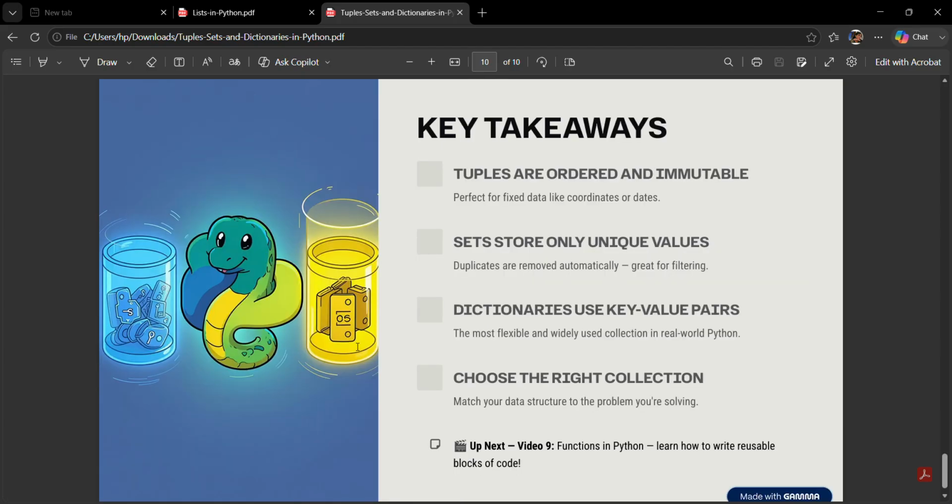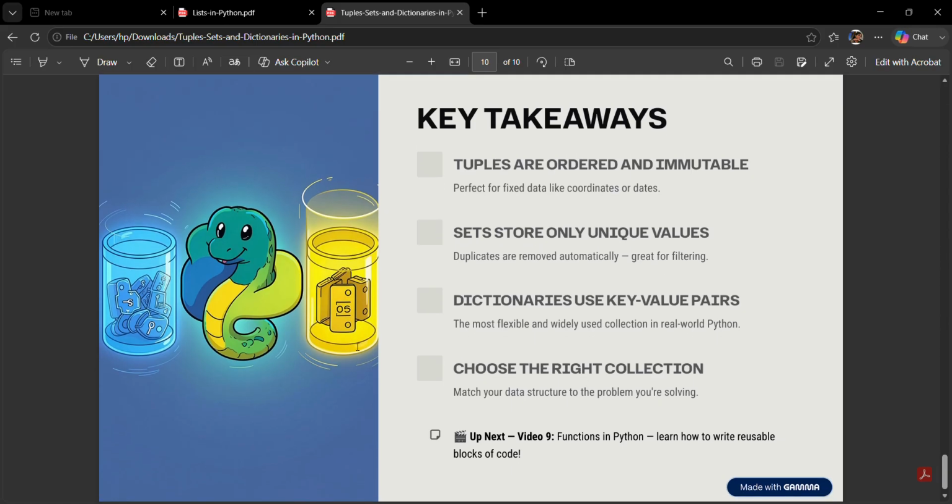So the last slide is a summary of this. Let's quickly recap today's lesson. We learned that tuples are ordered collections that cannot be modified after creation. We saw that sets store only unique values and automatically remove duplicates. We also learned that a dictionary organizes information using key value pairs, making data easy to retrieve. The fourth point is that we compared list, tuple, set, and dictionary and discussed when each one should